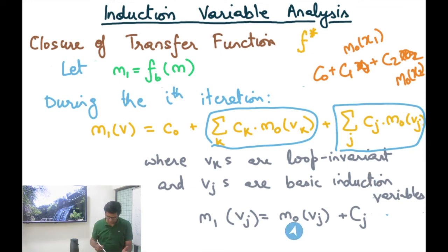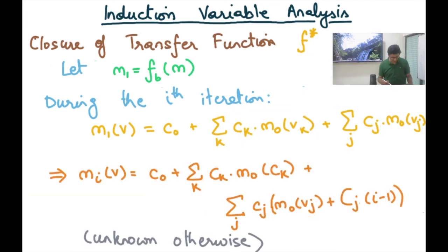All right, and what are basic induction variables? They need to have a transfer function for the loop body which looks like m1 vj equals m0 vj plus some constant capital Cj. I want to point out here that this is capital C and this is small c, and so this capital Cj is different from this small cj. Now, if my transfer function looks like this, that it is an affine expression over loop invariant variables and basic induction variables with some constant multipliers ck's and cj's,